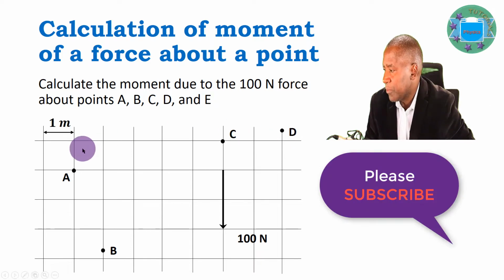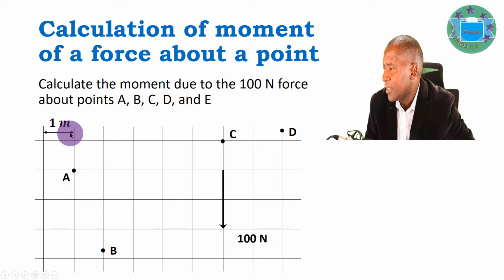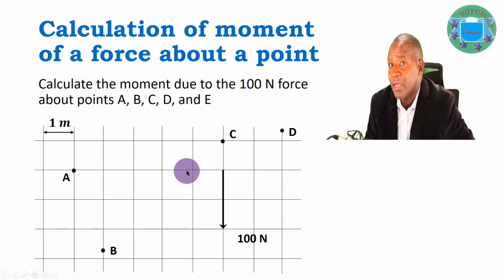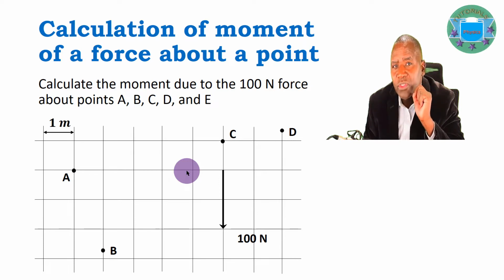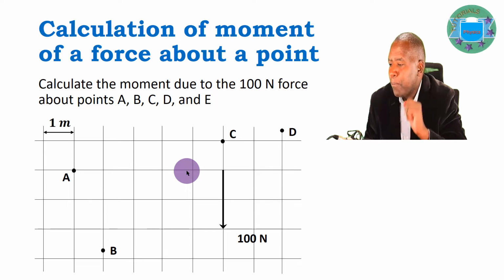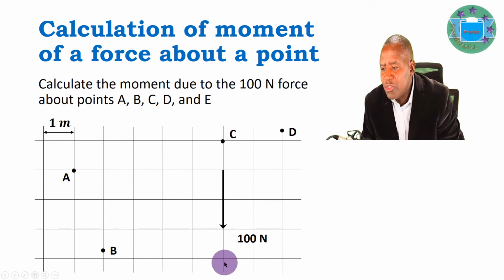I've put this information on a grid. So the length of this grid here is just 1 meter. That helps us to calculate any distances that we want. So remember that we want to calculate the moment of the 100 Newton force about a given point. So the complete description of the physical quantity we are calculating is the moment of the 100 Newton force about point